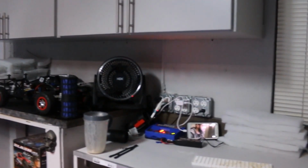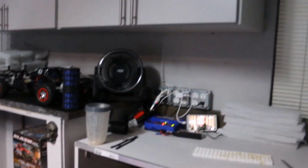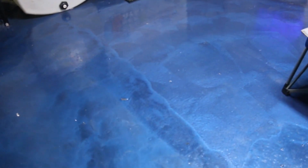Everybody thinks that we're so consumed into a hobby that we don't have a regular life that takes up a whole lot of time. Well, I don't know if you guys noticed, but this floor, which has that ocean blue color, took me about 4 or 5 days to complete. And it was a project in itself, so